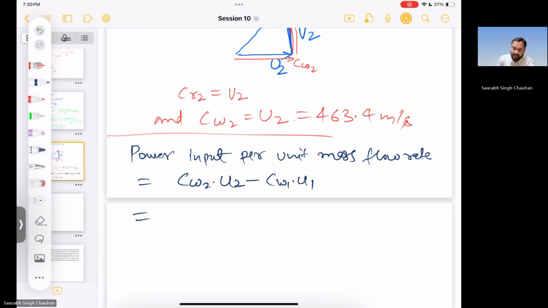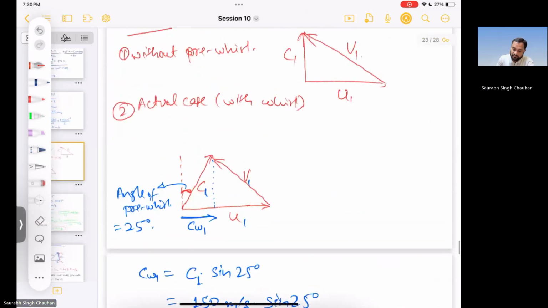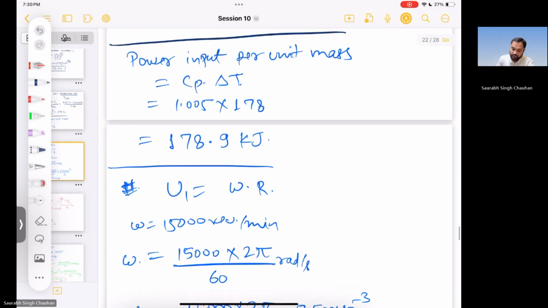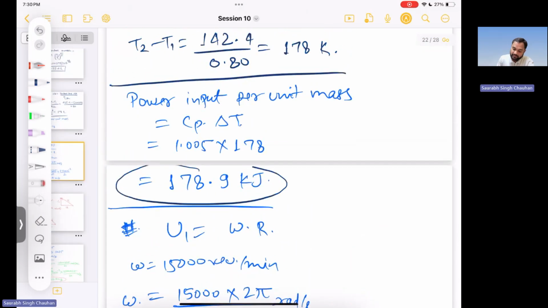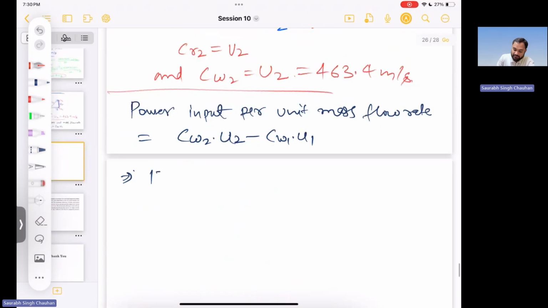And this power you have already calculated, 178.9 kilojoule. So 178.9 kilojoule will be equal to, C2 and U2 are both equal, 463.4 squared,